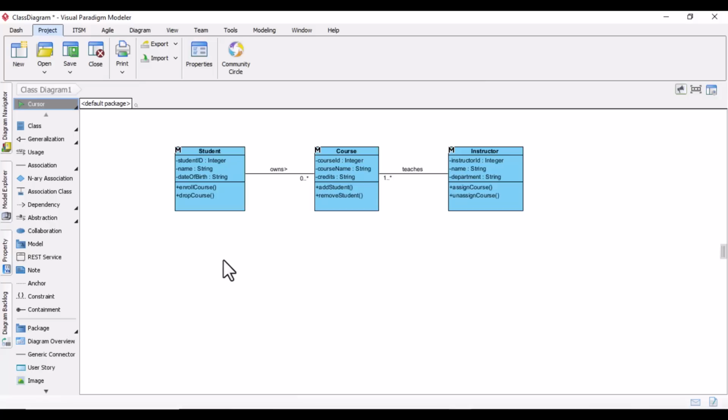To build a student package, the first thing I need to do is create some more classes. I will create a class named student details,